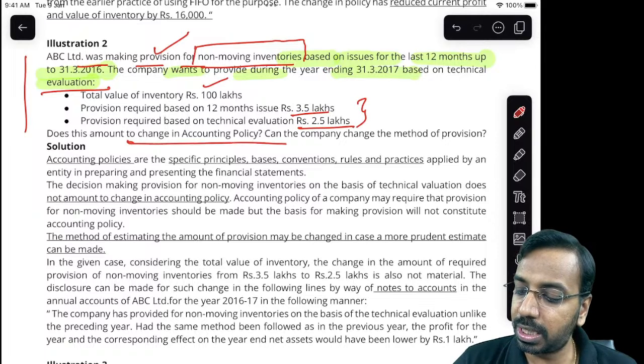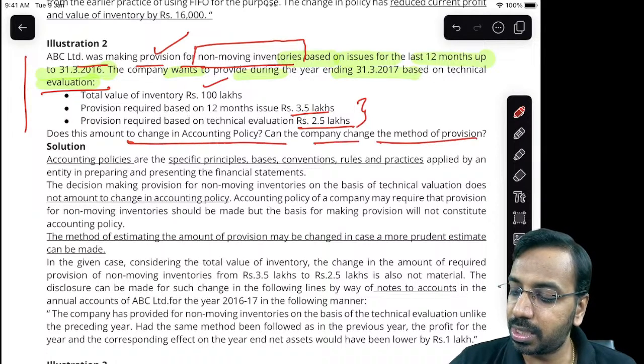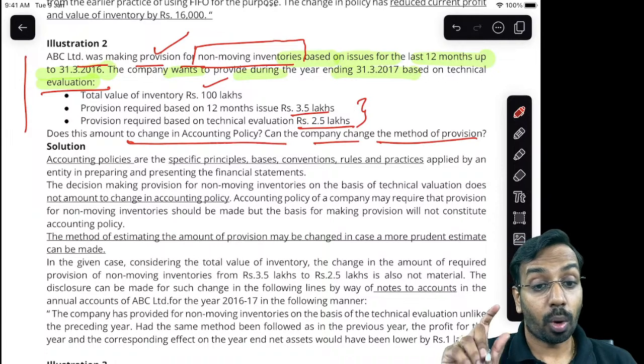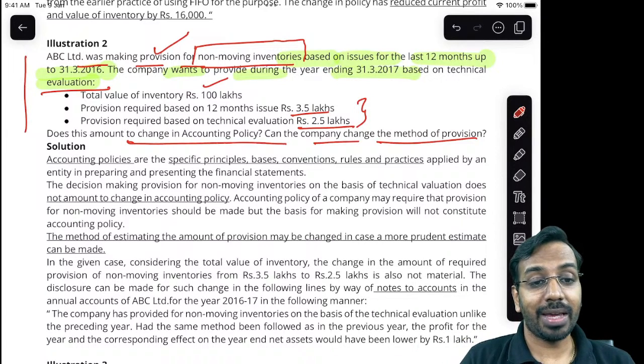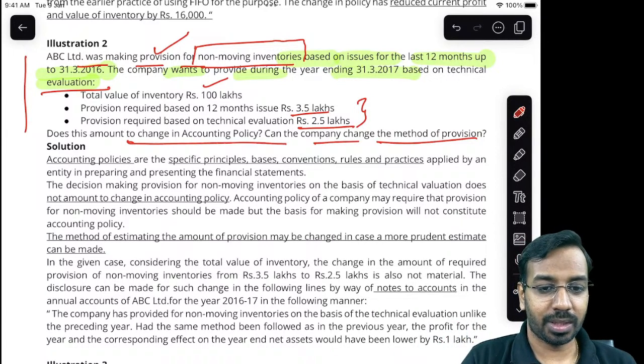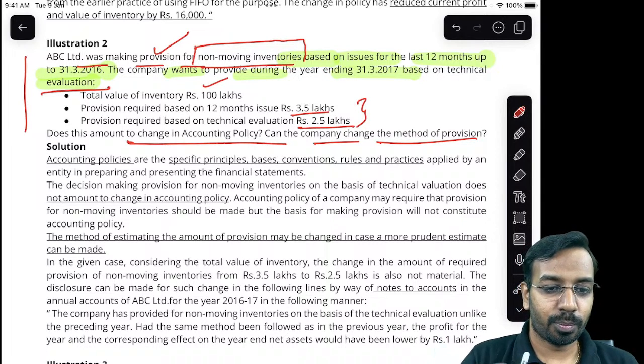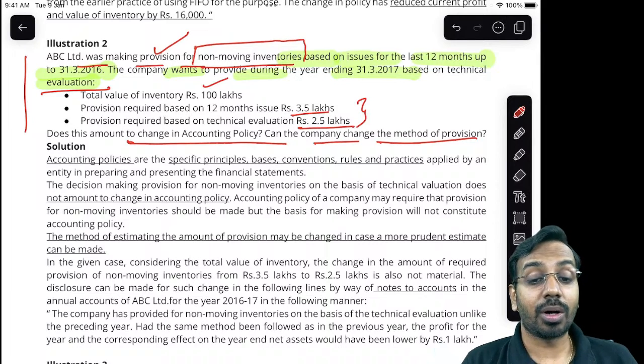Does this amount to a change in accounting policy? Can the company change the method of provision? Now, what are we changing? We are changing the way we estimate the provision. Here we are changing the way in which we are estimating the provision, but we are not changing the accounting